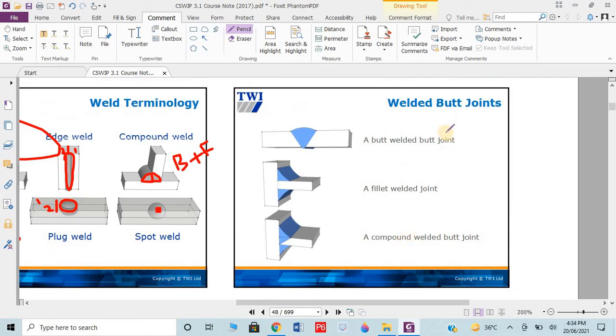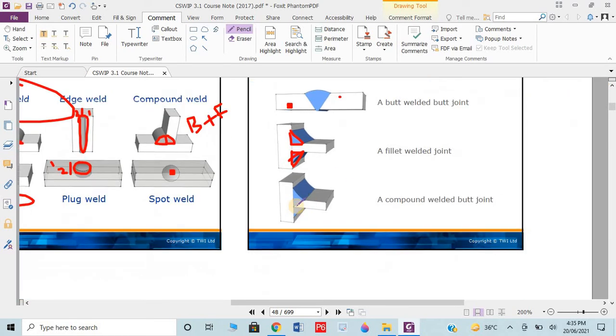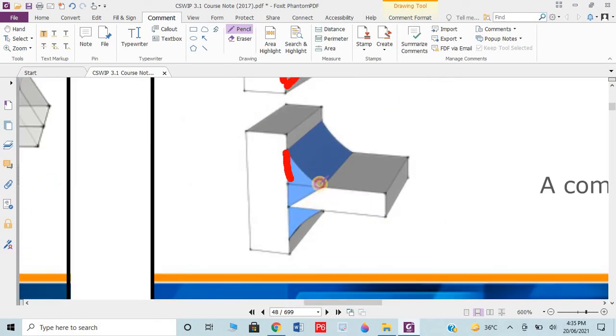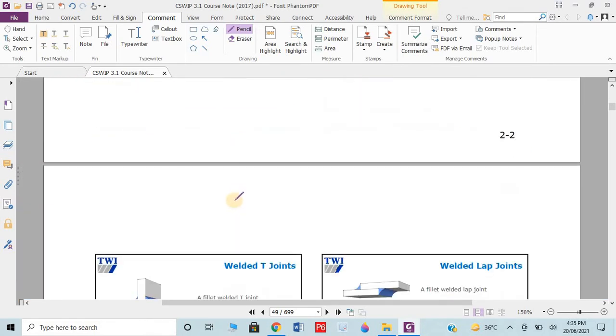Okay, then we have butt welding, fillet welding and compound welding in 3D form. Here you can see this is the butt welding, and that is the fillet welding, almost triangular in shape. This is the T-joint fillet weld. That is a compound welding, meaning two portions are fillet weld, this one and that one, and this portion is butt weld, meaning between the bodies of the plates. If we weld here, this is butt weld. So the combination of both is compound welding.